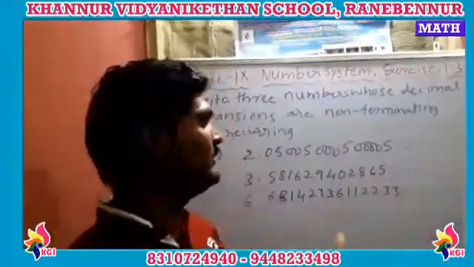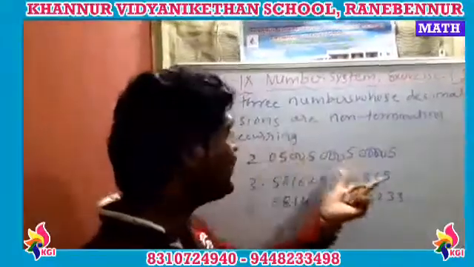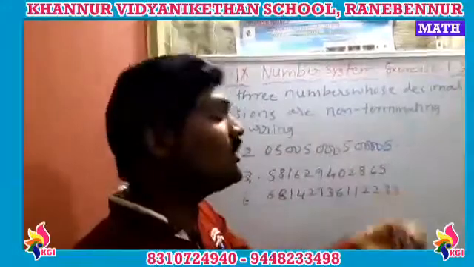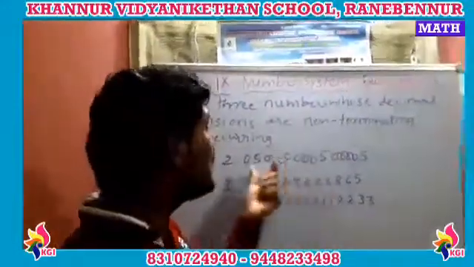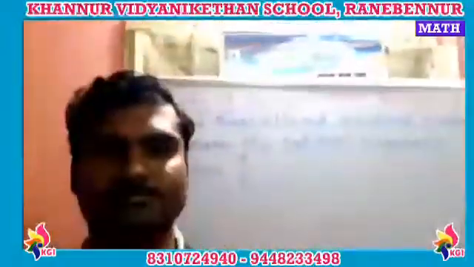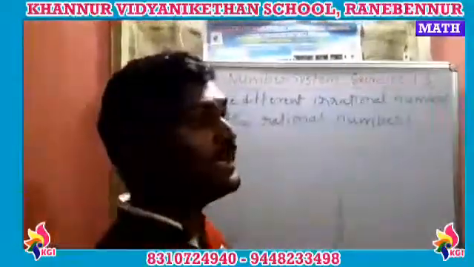So it is not terminating. Is there any same thing to repeat over here? Not there. Check it over here. It is 10, 20, 30, 40. It is going on increasing, but not the same. If it is the same, then only it is recurring. Correct, na children? Yes children, we can go for the next one.